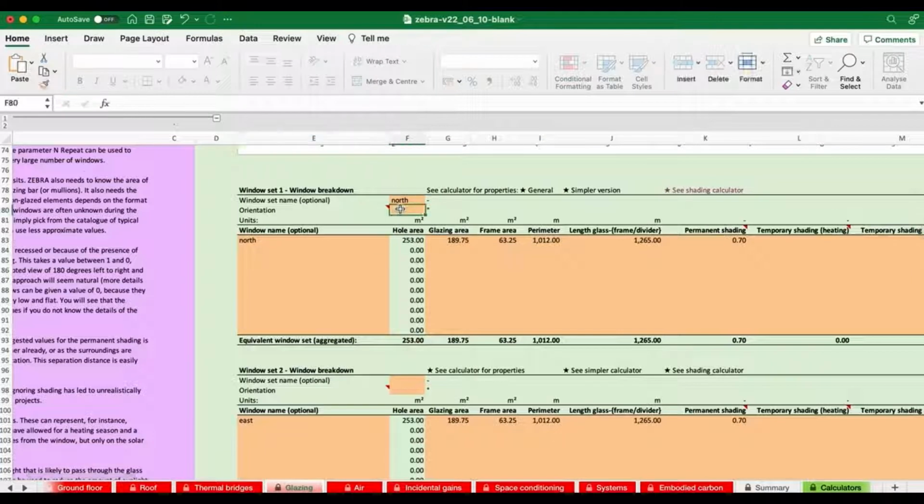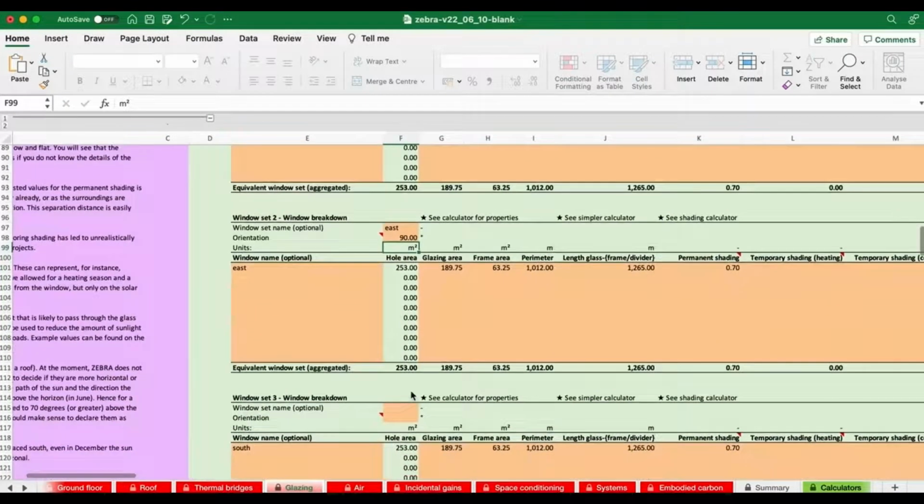So for north, this building is exactly aligned with the compass bearings, so north is going to be 0. East is going to be 90. But if your building was rotated somewhat, you wouldn't have these direct ordinal directions.